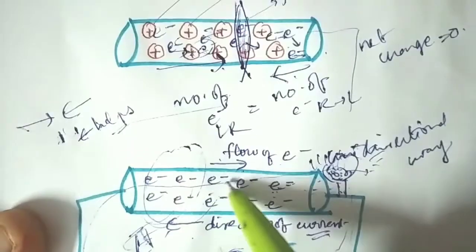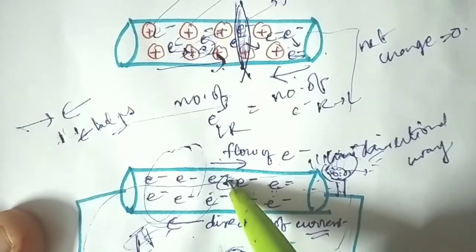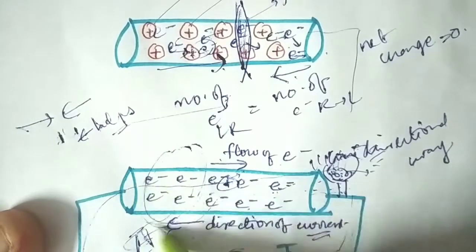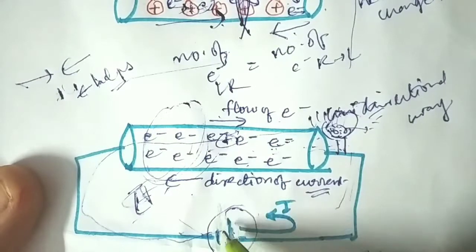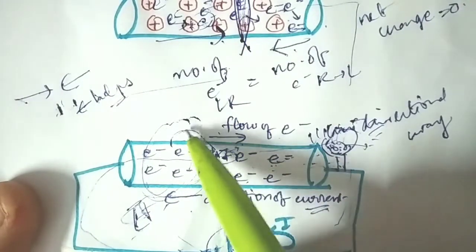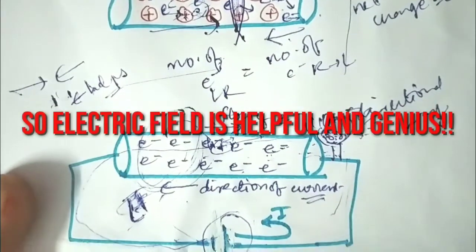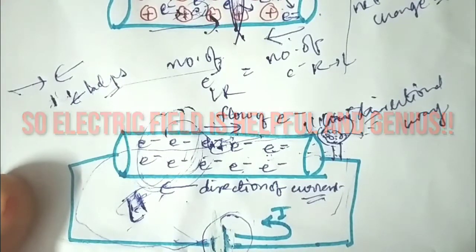Similarly here, when the electrons get collided with the positively charged particles, they come to a halt at one place. Now due to this electric field present, or the continuous flow of the current here, this electric field again provides energy to these electrons. So when the electric field provides energy to these electrons, this electron again gains energy and again it will start moving. I hope you understood this part of the explanation, students.